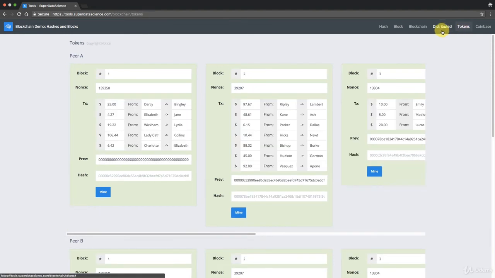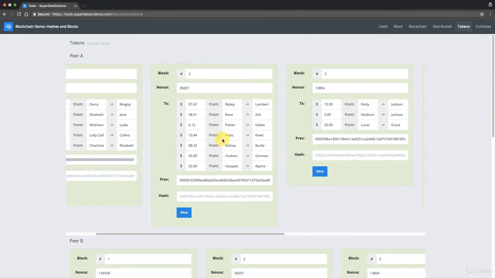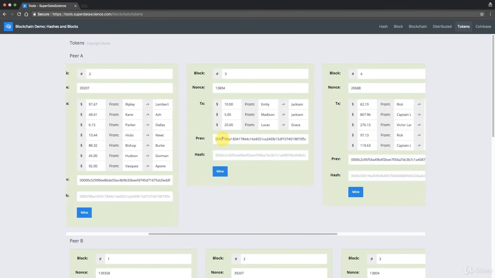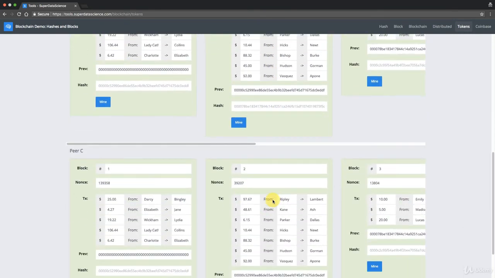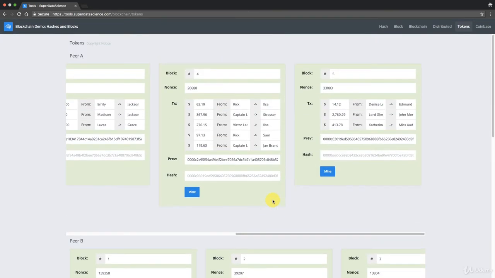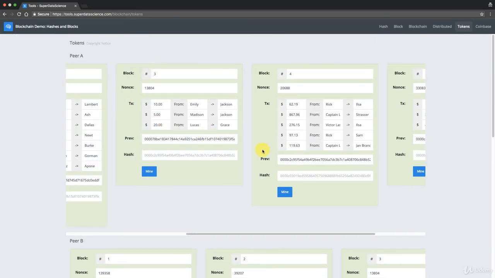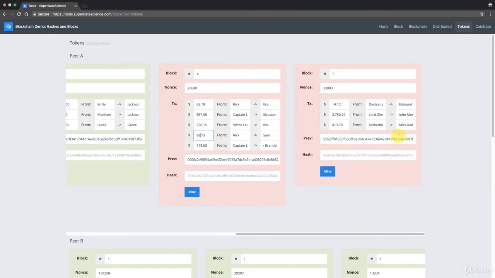And finally, moving on to tokens, this is the same thing, but here we have transactions. So it just illustrates the concept even further, that you have the blockchain that is distributed across 3 peers. And then if you try to change, let's say, $1 from $97.13 to $98, you can see right away these become invalid. You have to mine the block again,